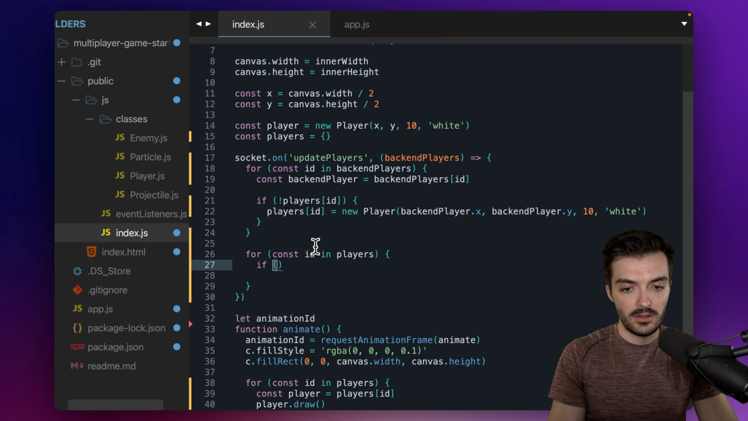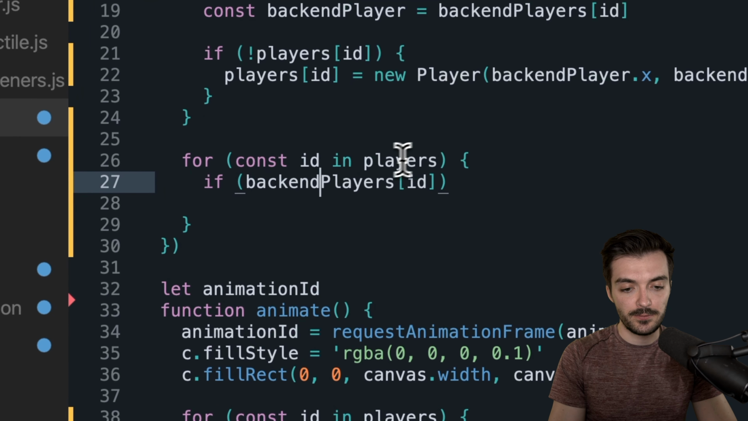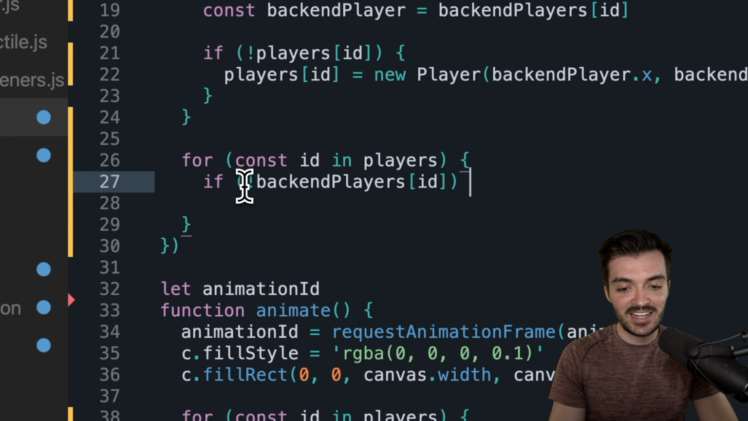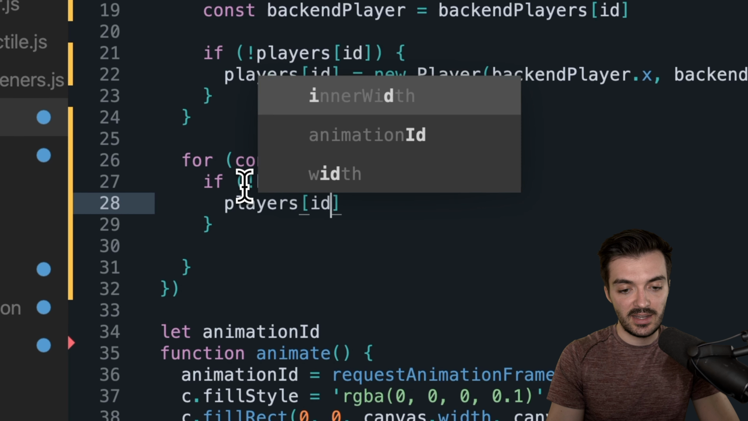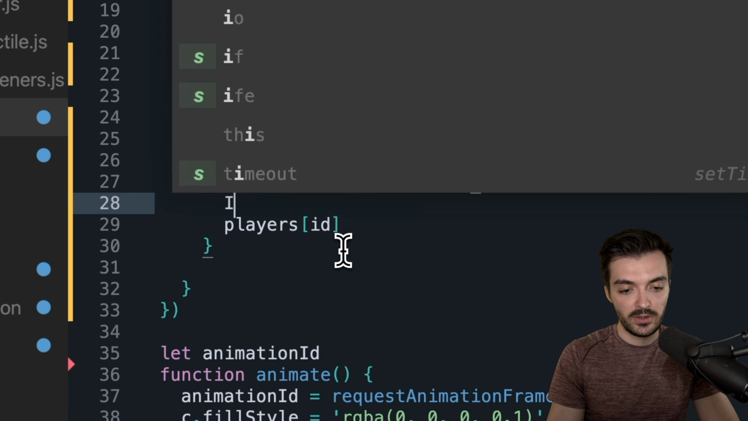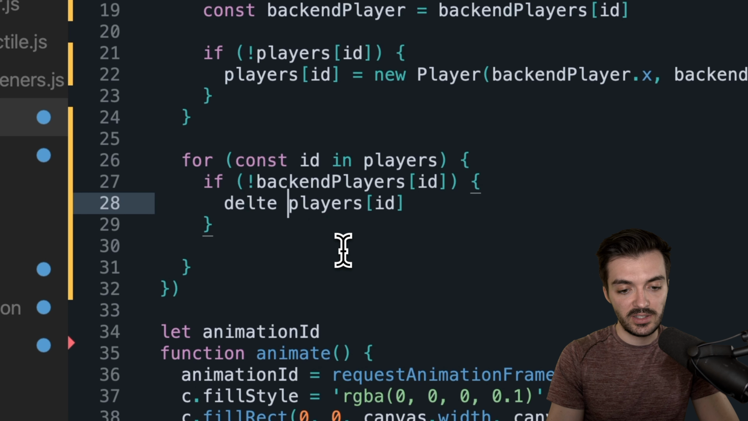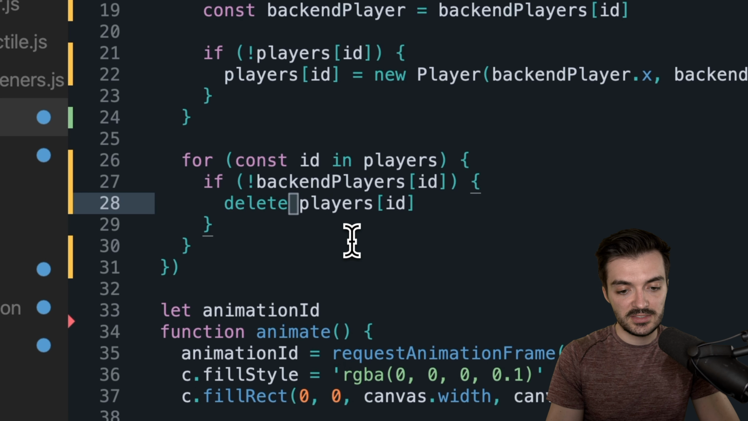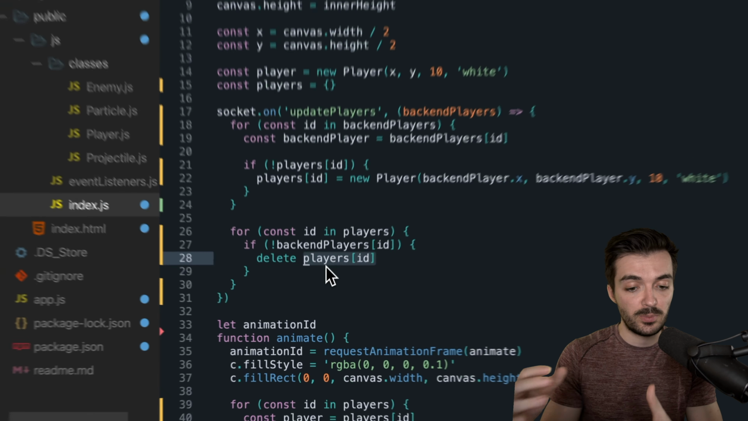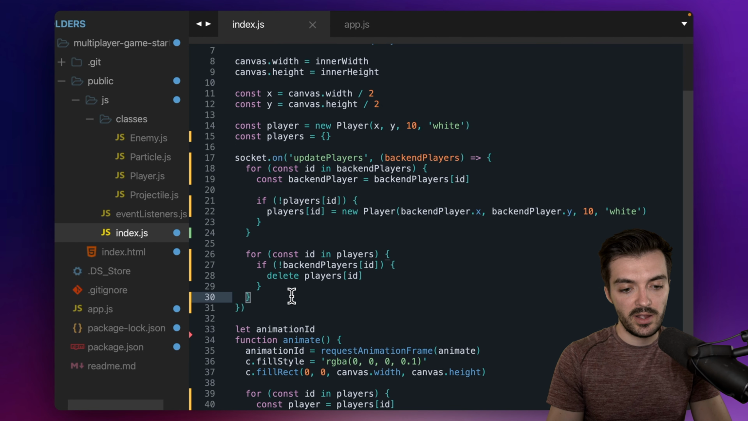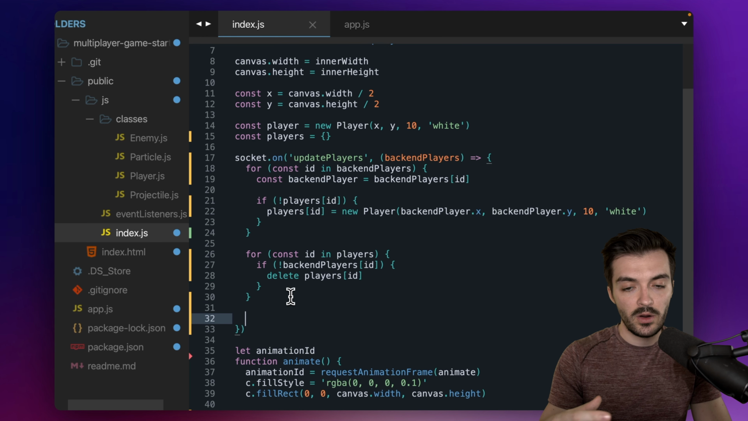And then we're going to say if we select our back end players and we pass through the ID associated with our front end players, if one does not exist on the back end, then we want to make sure that we delete this player from the front end. So we're going to grab our players id, basically what we're looping over, and we want to make sure that we delete this. So we're deleting the player associated with this one particular location on our front end object. This is going to make sure that our front end object matches up with the back end object pretty much perfectly. So every time we call update players, whether we create a new player or a player disconnects,